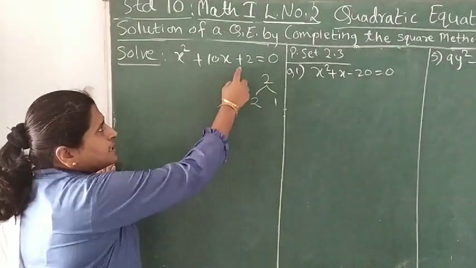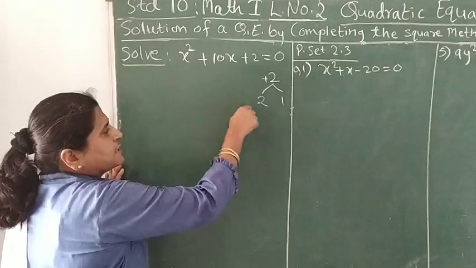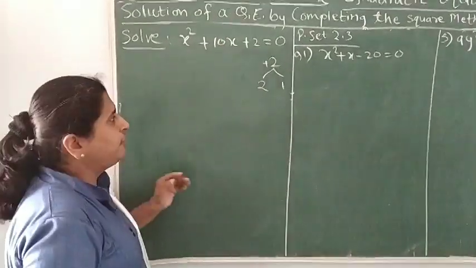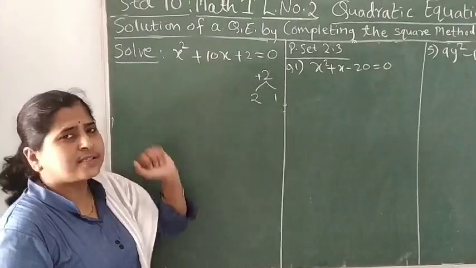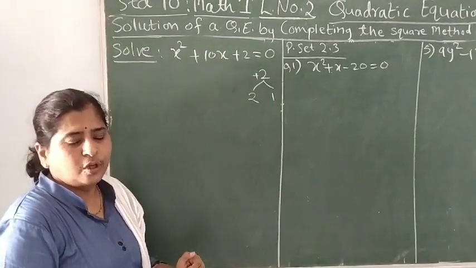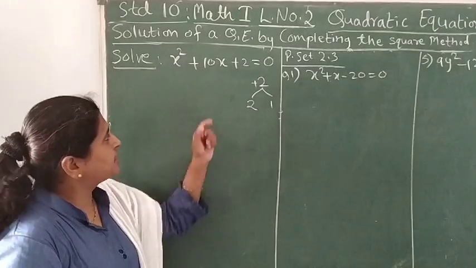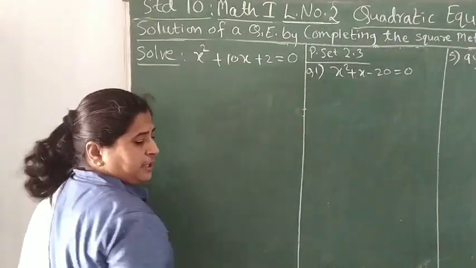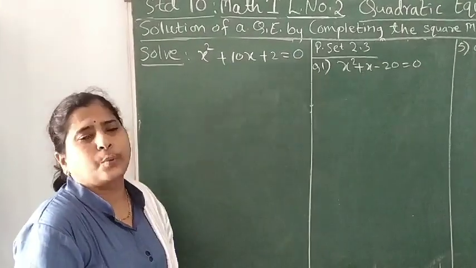That's it. And what is the addition of these? Because the sign is plus, 2 plus 1 is 3. But here we want 10. So, can we get factors of 2 where the addition is 10? The answer is no. So, we cannot solve this quadratic equation by our factorization method. Hence, in such cases, we require the completing square method.